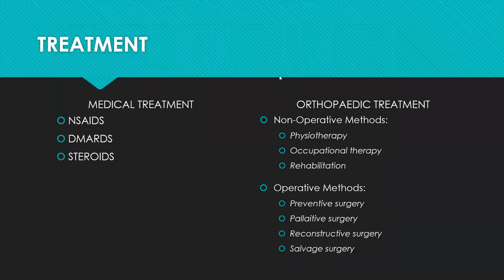Treatment options for rheumatoid conditions. Medical management, we all know, is the main standard treatment. We give NSAIDs for acute stages, disease-modifying anti-rheumatoid drugs for disease remission, and steroids for control. Whenever a patient takes medical management earlier, this can actually prevent most of the deformities. Delayed treatment may result in deformities. Regarding the other orthopedic management for rheumatoid, it can be either non-operative or operative. Non-operative in the form of splinting, operative in the form of various preventive, reconstructive, and salvage procedures.